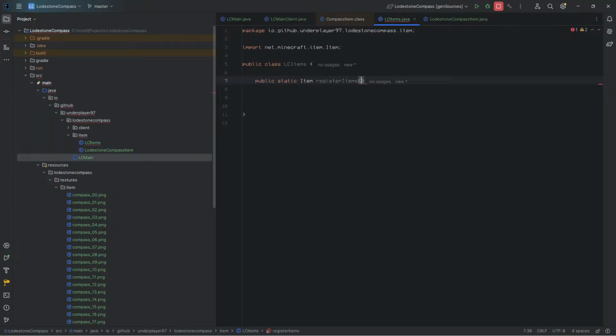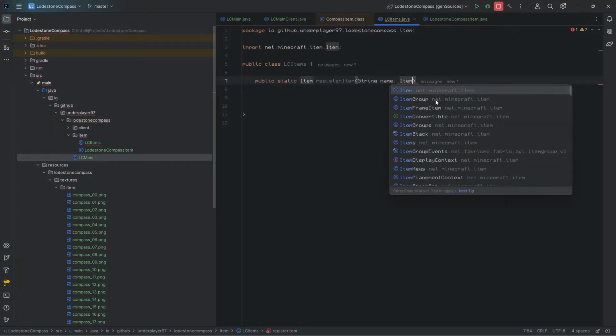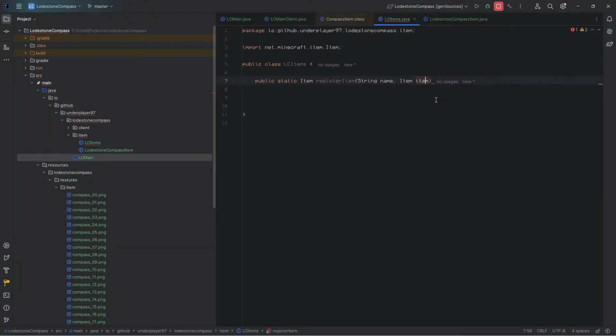Basically, it makes a public class, so that means everything can access it, and it's based off of an item class. So whatever item classes are inside of here are going to accept register items. So then, actually, I'll do that. So this will be a string, the name of it, and then the item. Okay, so then this will return